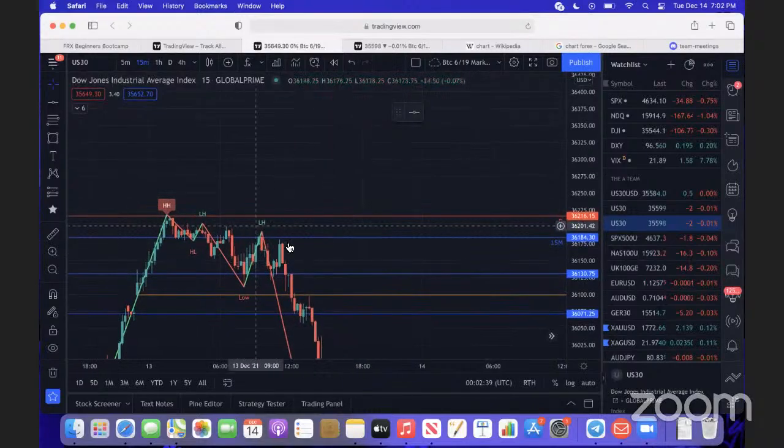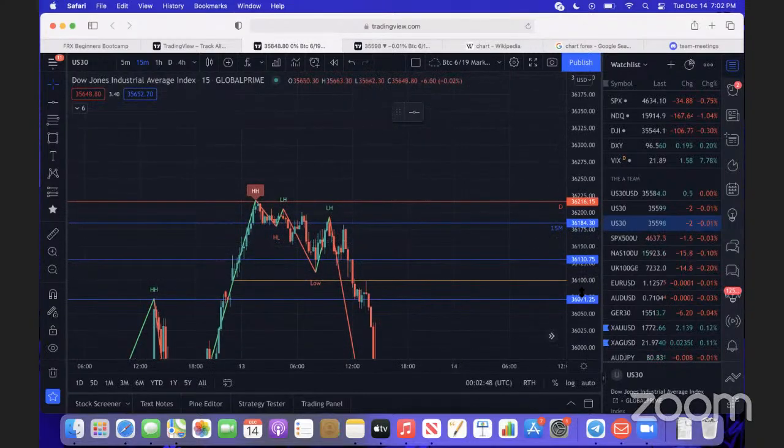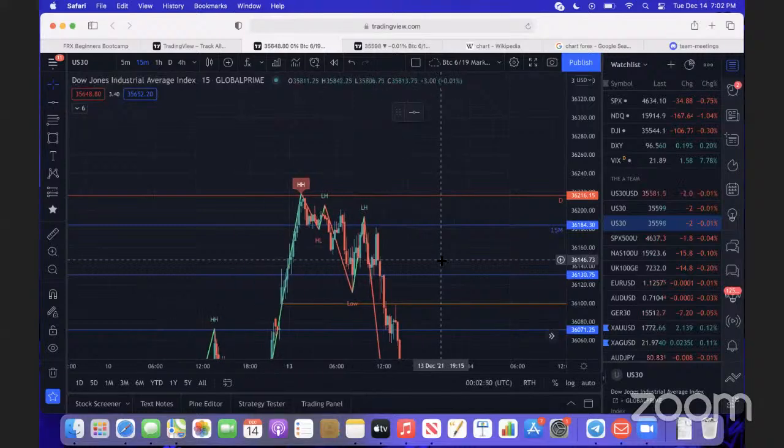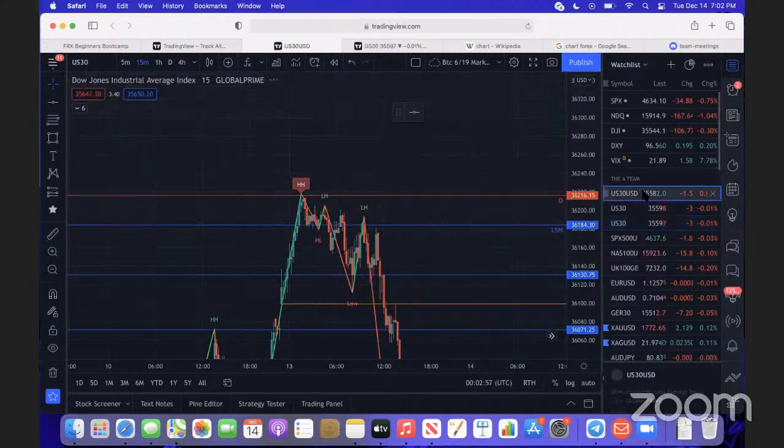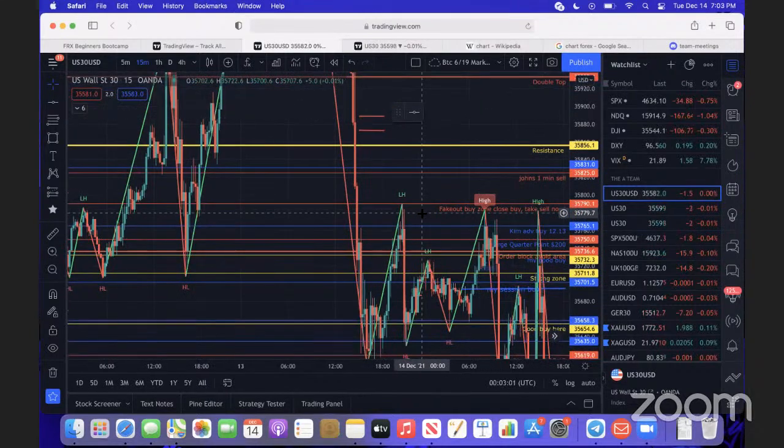That's the point of having multiple charts. One chart shows one thing, but another chart I've got for different purposes, right? So this particular chart is for my support and resistance all the way through. I want to know the institutional levels. So when I saw a reject there on the 15-minute chart, on my official chart, that's also my fake out buy zone. Oh man,